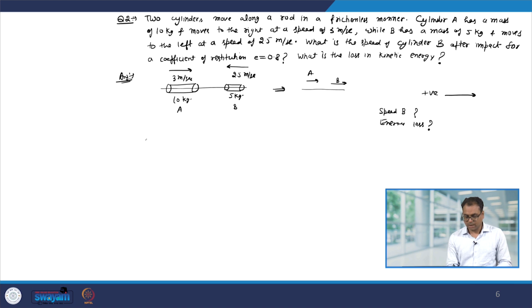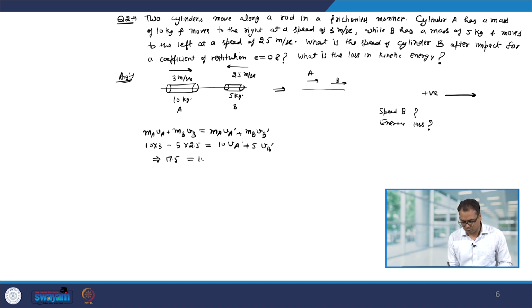So, we can use the conservation of momentum for the whole system, m a v a plus m b v b equal to m a v a prime plus m b v b prime. So, m a is 10 into 3 minus 5 into 2.5 equal to 10 v a prime plus 5 v b prime. We can rewrite this as 17.5 equal to 10 v a prime plus 5 v b prime. Let us call it equation number 1, and now use the definition of coefficient of restitution E, which is the